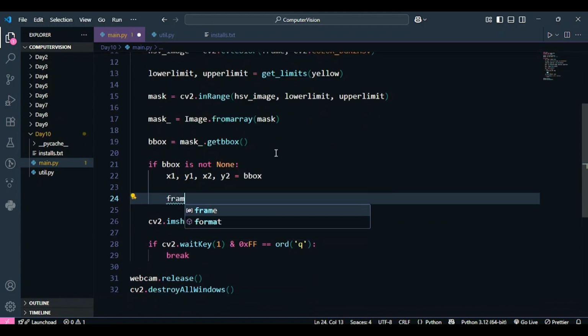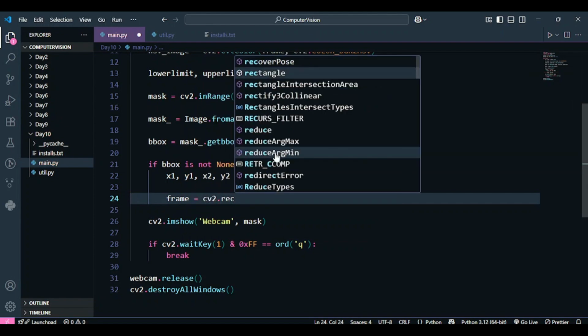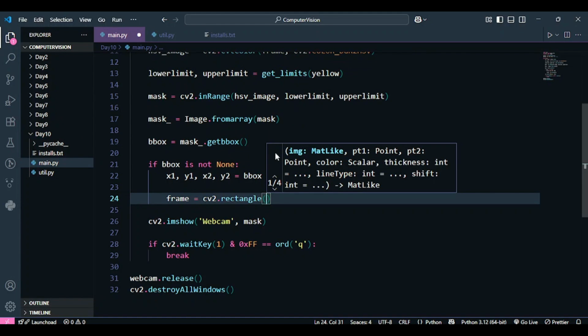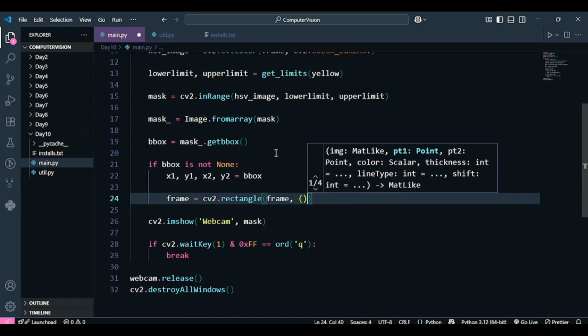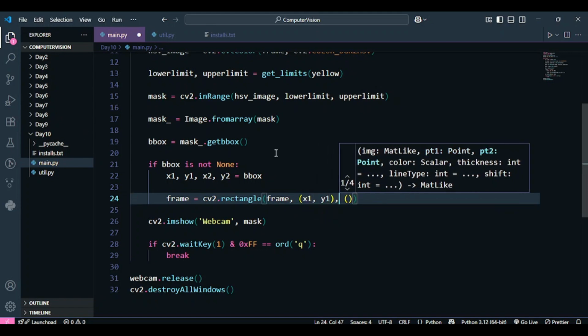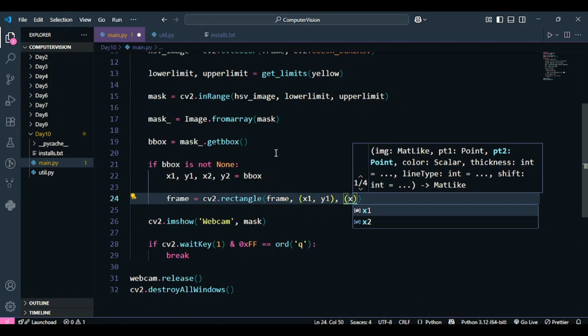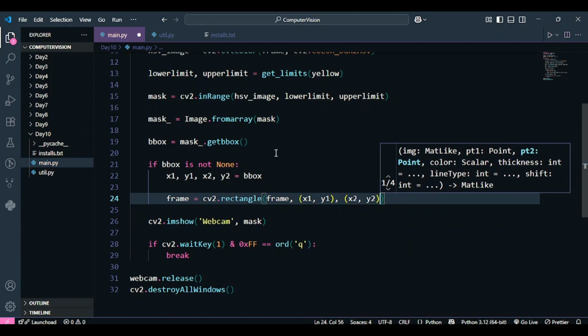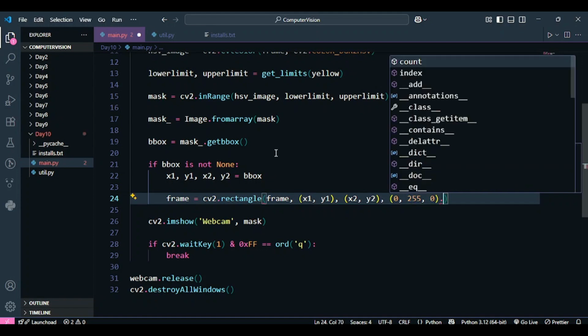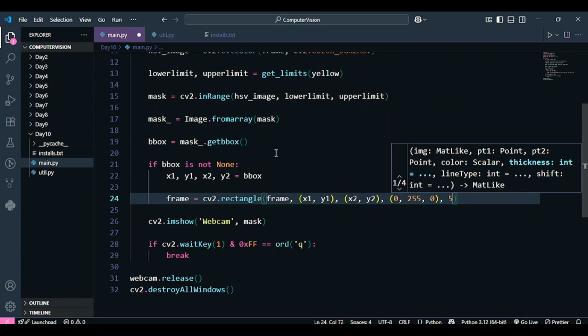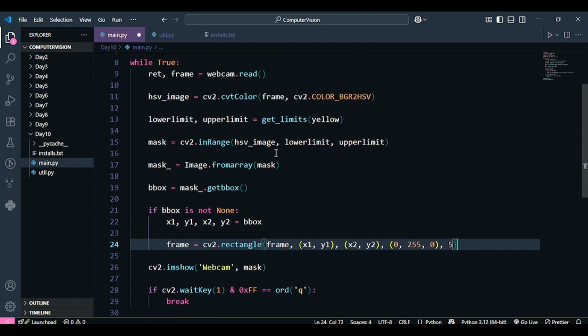And how to visualize the bounding box? We have been doing it. We have been using the rectangle function of OpenCV to visualize the bounding box. So first we have to pass the image, that is called frame, on which we want to visualize. Then we have to pass the top left corner and the bottom right corner. So over here I'm going to pass x1, y1, and over here the bottom right corner x2, y2. And then I have to tell the color as well. Since I want my bounding box to be green, I'm going to keep the value of green as 255 and the other two channels as 0, and the thickness would be 5, and that is it.